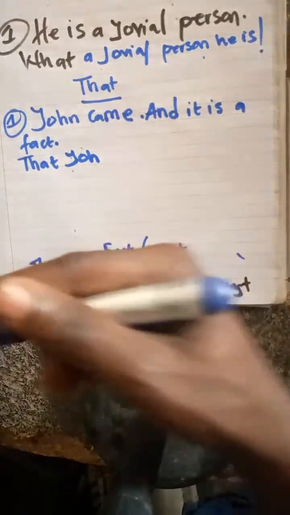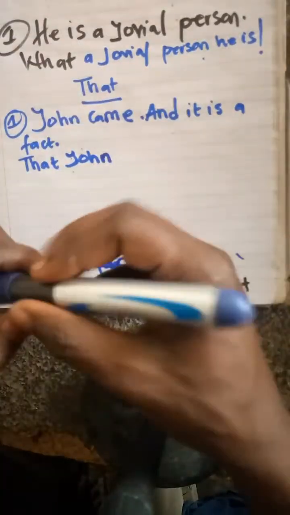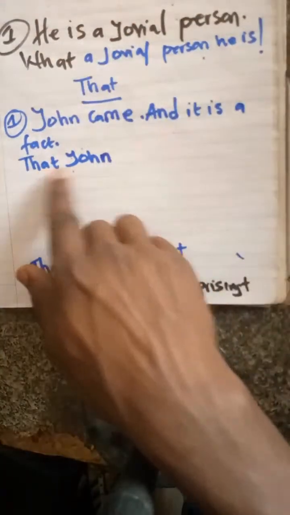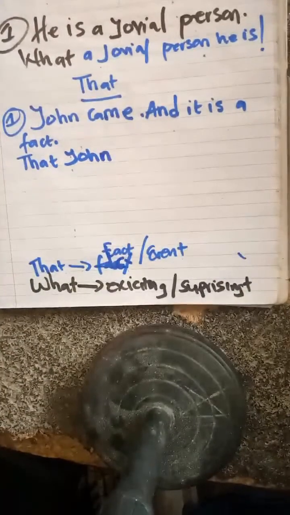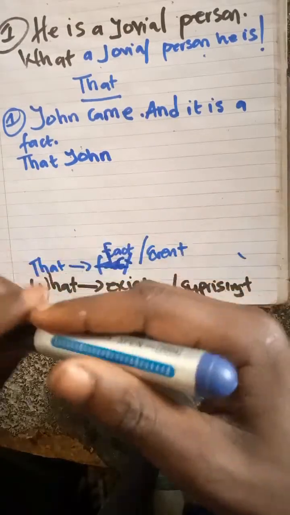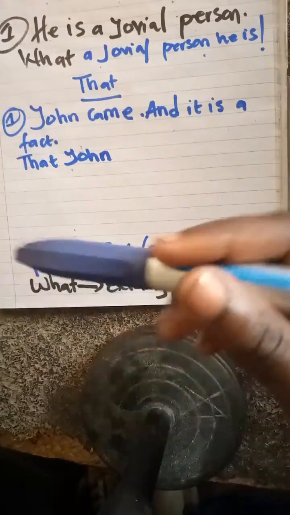So John came and it is a fact. So it can be written like this, that John came. So there are two answers here. You can start first with it, if you want, with the subject, then now start with a fact. So that John, okay, that is a fact. John, here there's just something missing. Just one thing. You are slightly hammering this part.